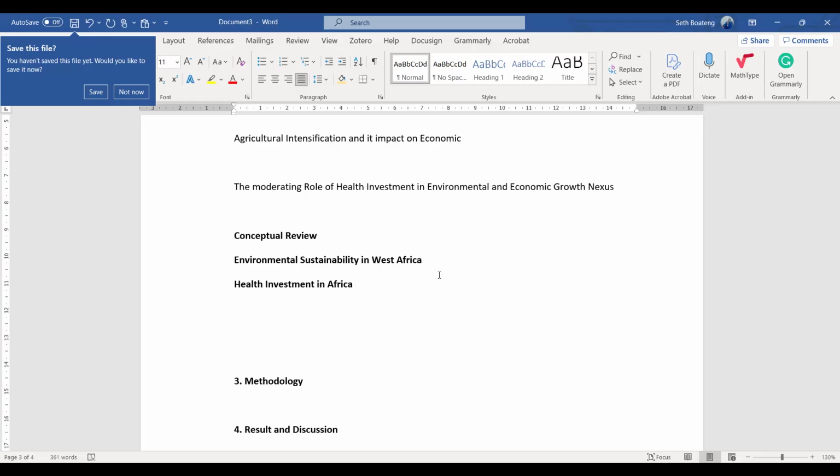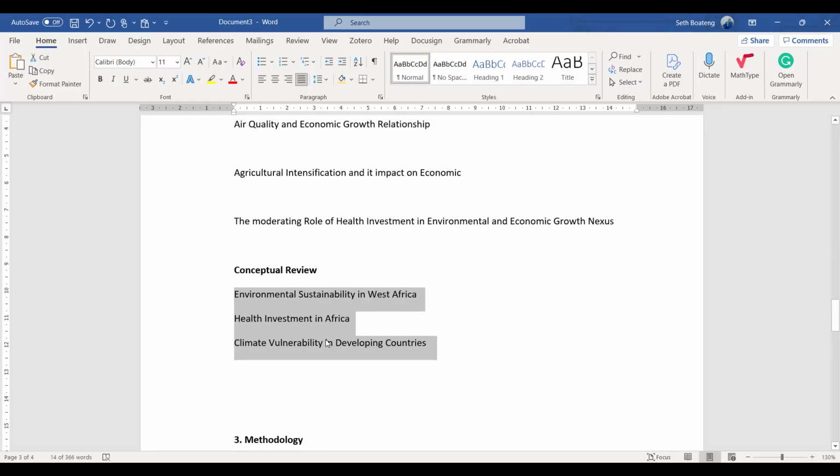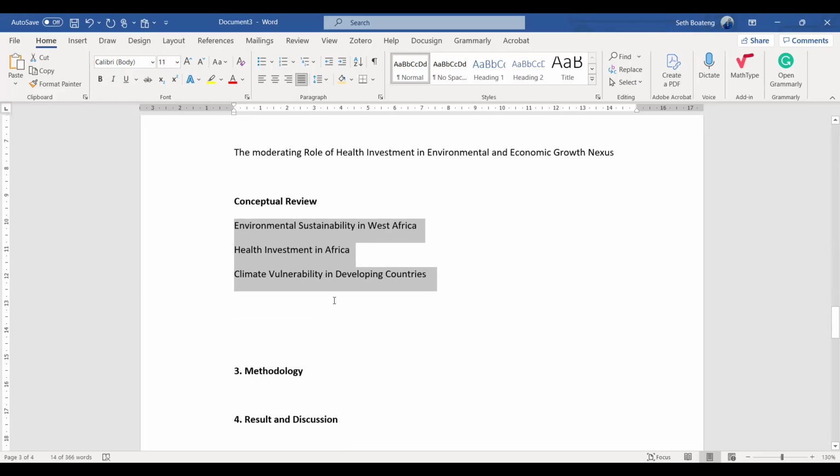Then you can talk about climate vulnerability in maybe developing countries. So you can get like 5 concepts which relate to your topic, but it should make sense. Then you use it to review literatures.